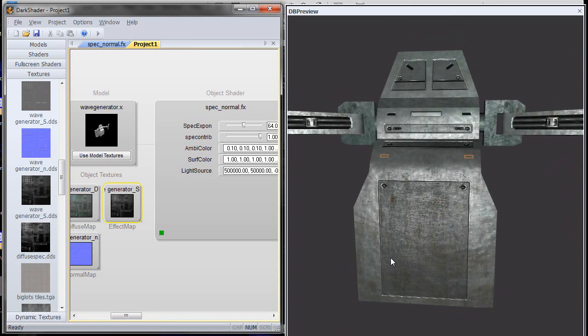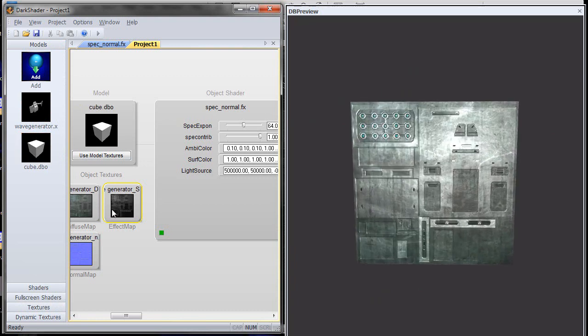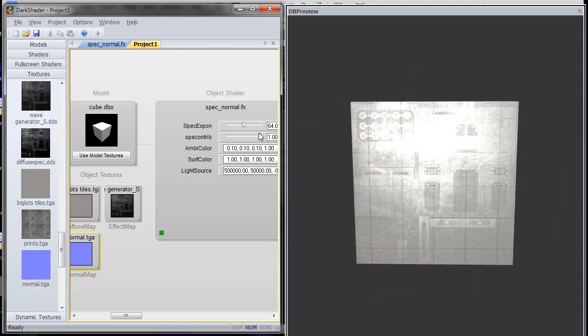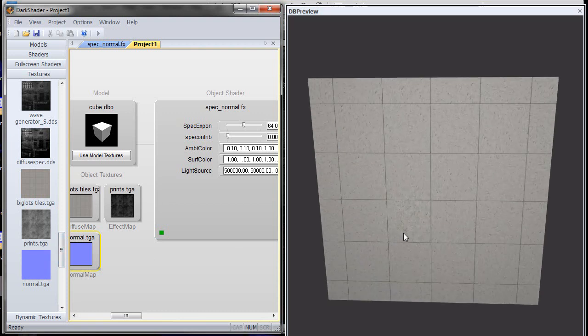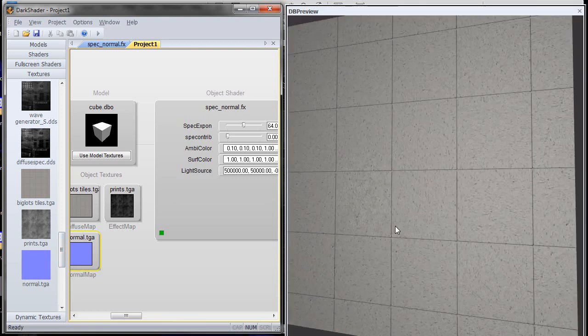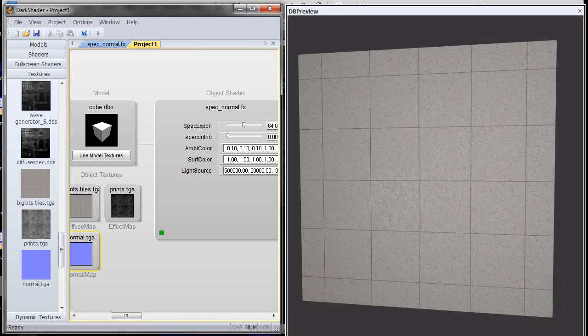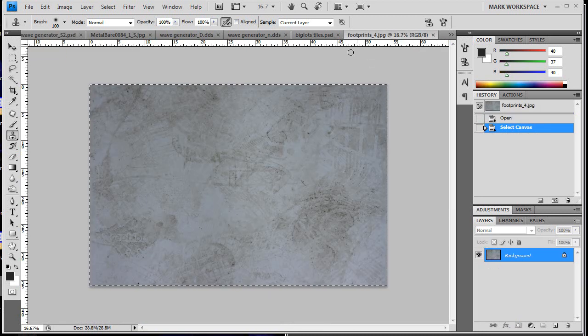Now let me show you one other cool trick for doing specular maps. Let me just load in another model here, just a box, and I'll load in a couple other diffuse maps. Let me turn the specular all the way down here. And you'll see we have a floor surface. This is like a tiled floor. Now, what I did in Photoshop here was I took this image of some dirty footprints